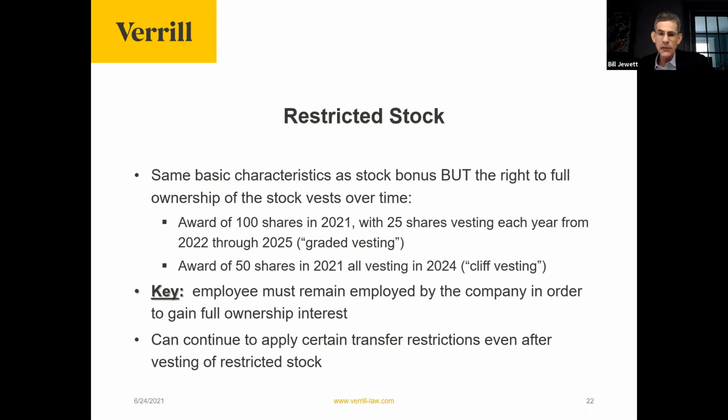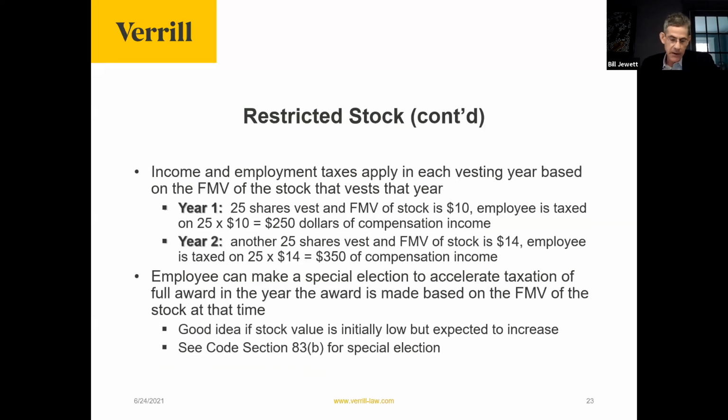So the tax treatment of restricted stock, next slide. Income and employment taxes apply in each vesting year based on the fair market value of the stock that vests in that year. So just again, an example, year 1, 25 shares vest and the fair market value of the stock is $10 per share.